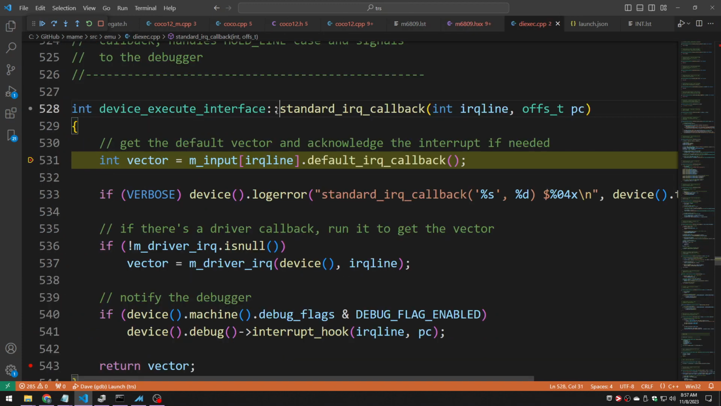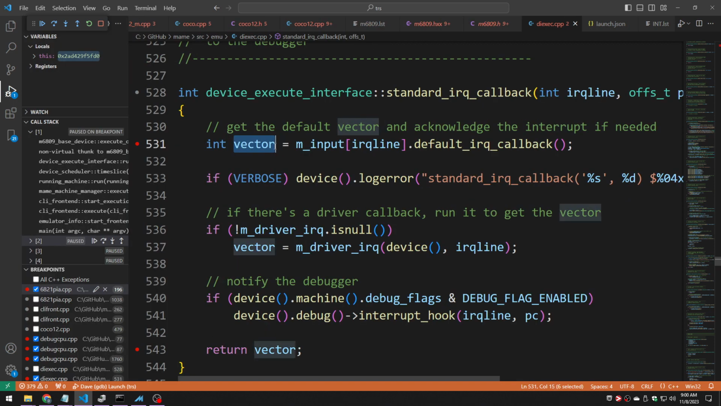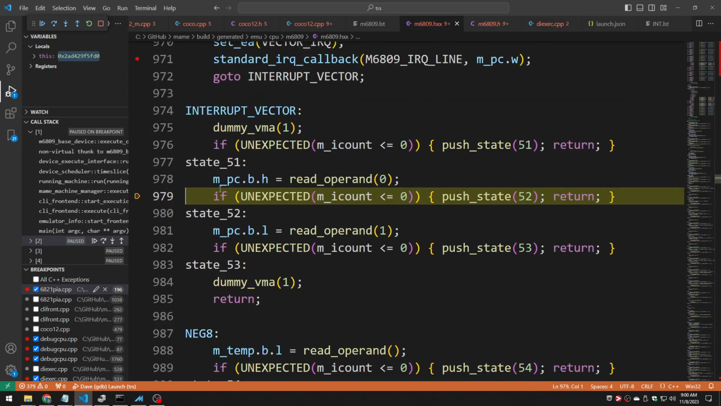Let's keep going. We enter the standard IRQ callback function, which is actually defined on a base class. It's got a few steps. The step that I was most concerned with was over here. This is where it goes to the MAME debugger, the 6809 debugger, to alert it that an interrupt has happened. Before we get there, though, we need to know the vector. Where are we supposed to jump in response to that IRQ? Once we get that vector, we're going to return it. And then we're going to advance to the next state where we can populate the program counter with that new vector. So if we keep stepping,